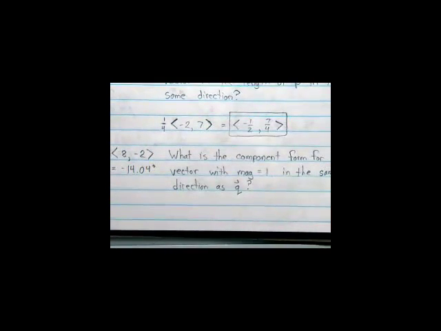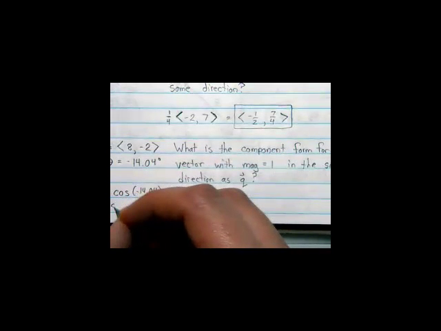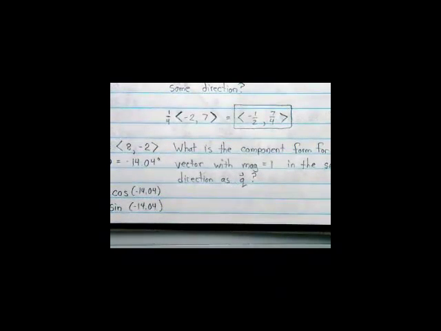Magnitude to be 1, correct? This works then? Magnitude is 1, angle is the same. I don't think it's more complicated. I'm keeping the magnitude what I want it to be, 1. And I'm same as what I got for Q, negative 14.04. If I plug both those in, I should get